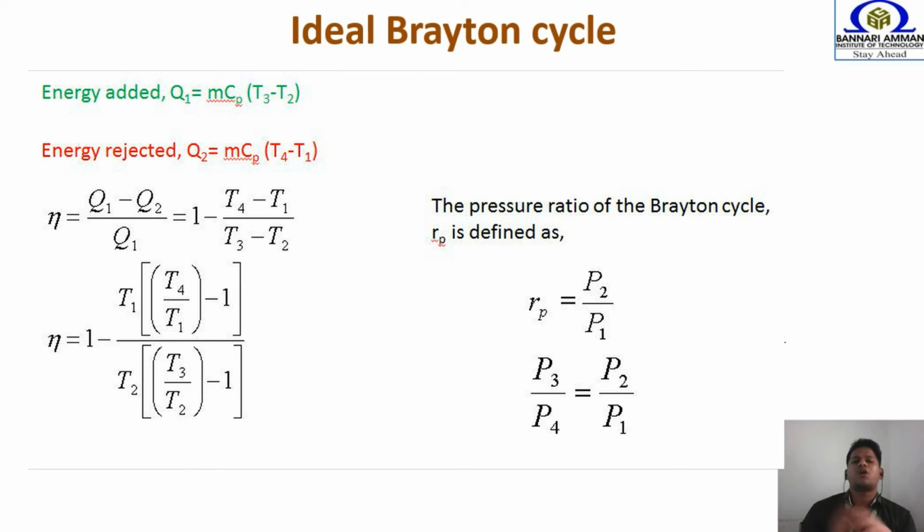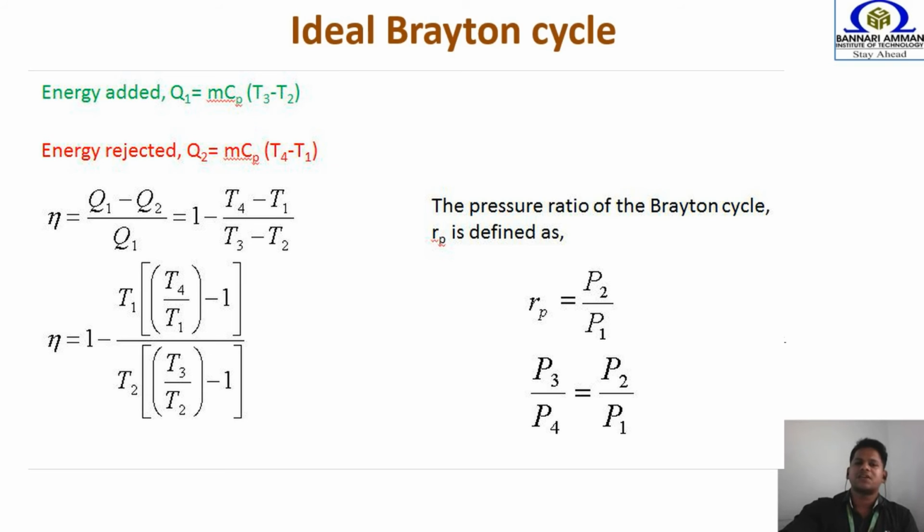We all know that in the ideal Brayton cycle, the energy is added into the cycle through an exothermic chemical reaction happening at constant pressure, an isobaric process. I hope we have studied this isobaric heat addition in thermodynamics, where the formula is m Cp del T. So the isobaric heat addition process happens in the 2 to 3 process. It is very clear that after giving heat energy to the gas, the temperature is maximum at the third stage. So we can put m Cp (T3 minus T2).